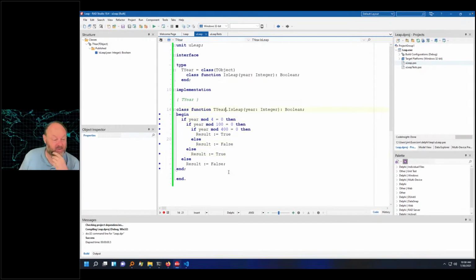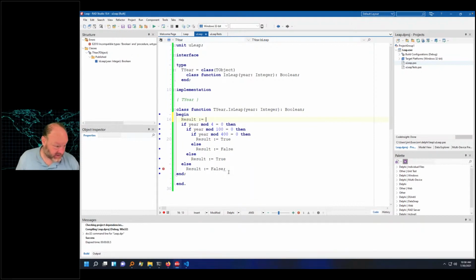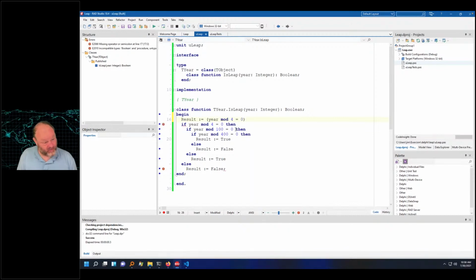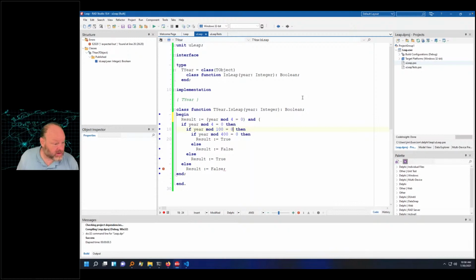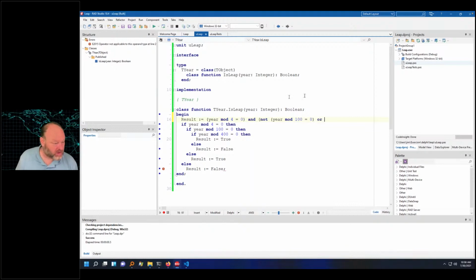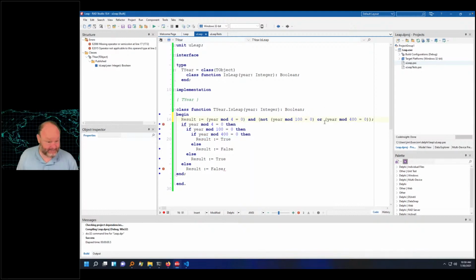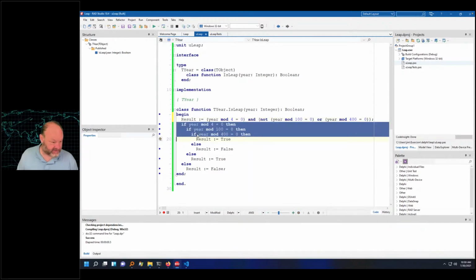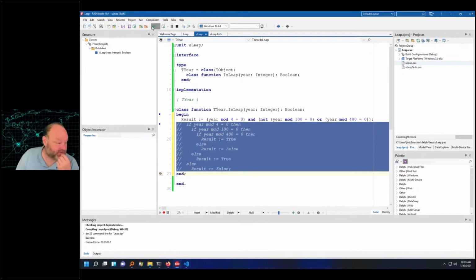All right, now let's see if I can do this all in one line. Result equals year mod 400 equals 0 and not or. All right, so let me comment this out here and run this. Oh my goodness,